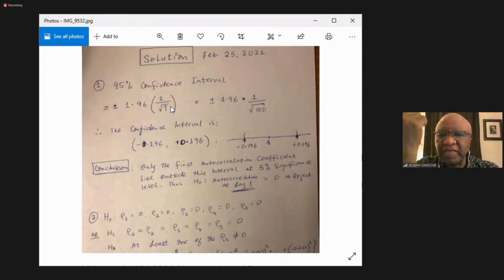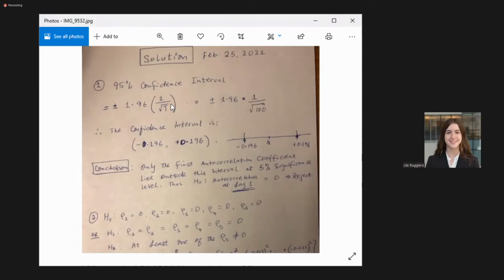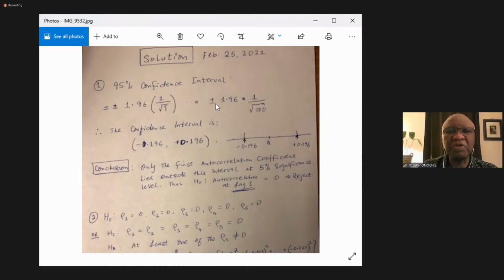What is my T in this example? 100. So that interval will be plus or minus 1.96 times 1 over square root of 100, which is